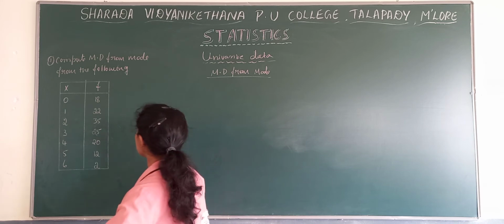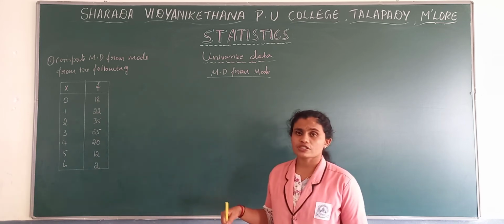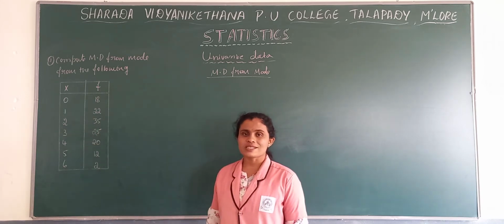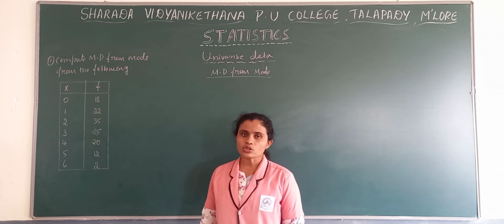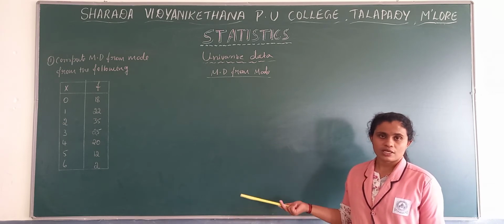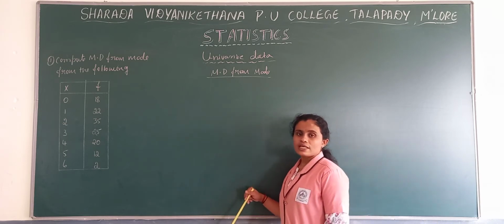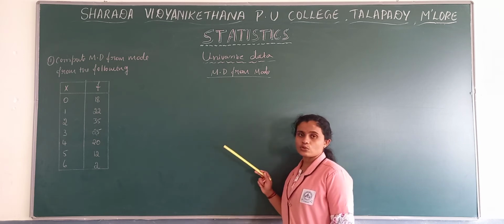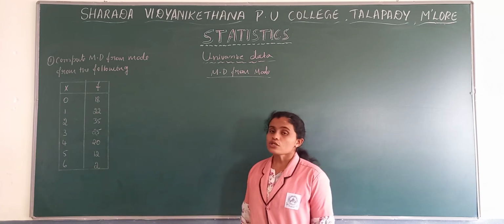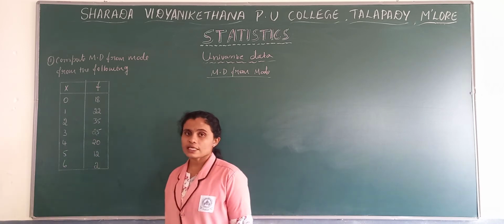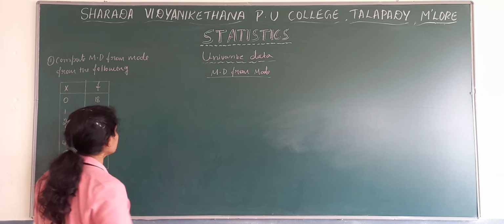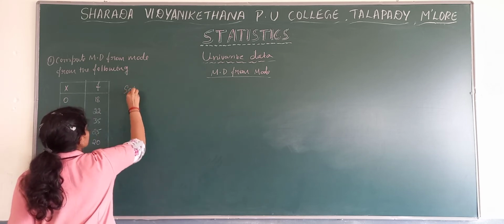Compute mean deviation from mode from the following. When you observe the data, here it is grouped but discrete data is given. In case of ungrouped, mode calculation is just the most repeating value there. That value itself we consider as the mode in case of ungrouped. Here ungrouped problems are not so important in case of mode, only discrete and continuous. So when we see this discrete, firstly we need to identify the value of the mode, then go to the calculation of mean deviation. So we will write the solution here.